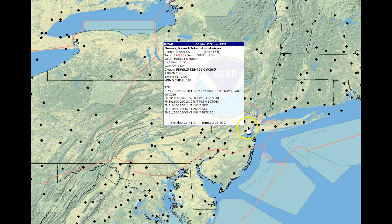Right now, looking outside of Newark, New Jersey, we have 37 degrees, dew point 30, humidity 75%. The wind is south at about 14, southwest at 14, gust up to 25 already. A few clouds at around 1500, 5500, and overcast at 8500. And the story today will be the spotty rain showers and the increase of the west to northwest wind during